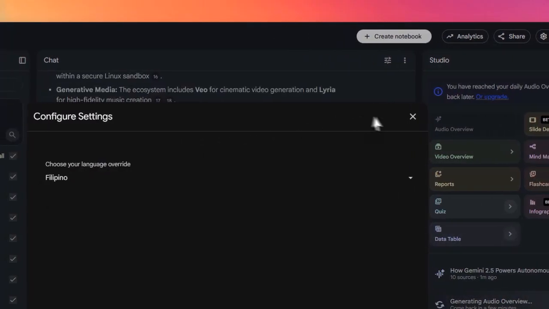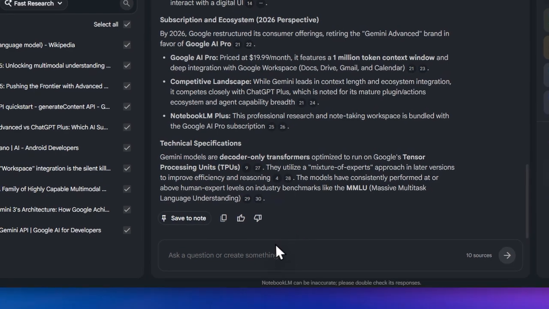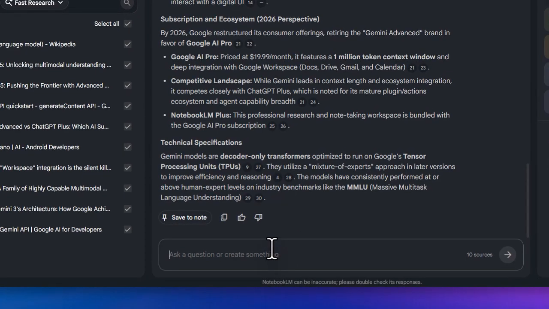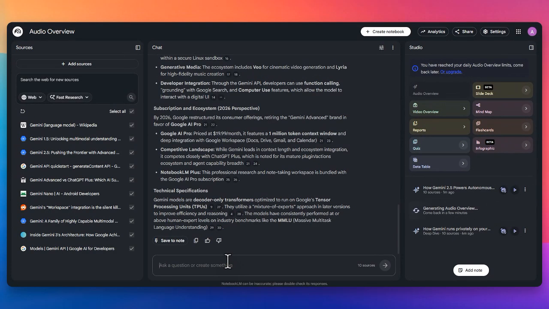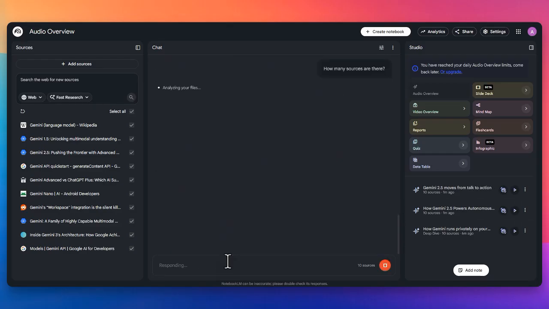After changing the language setting, return to the chat panel and ask a question. NotebookLM should now generate responses in the language you selected. You can test this by requesting a summary, explanation, or study guide and checking whether the output matches your chosen